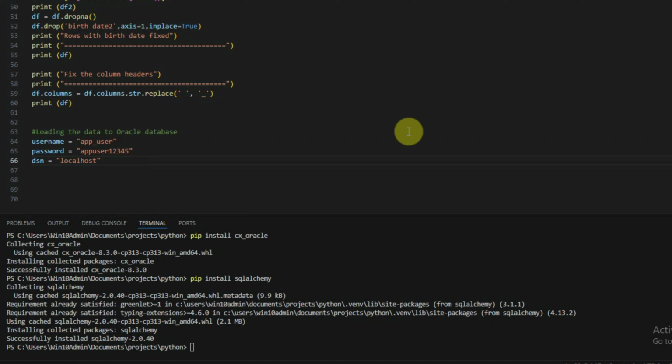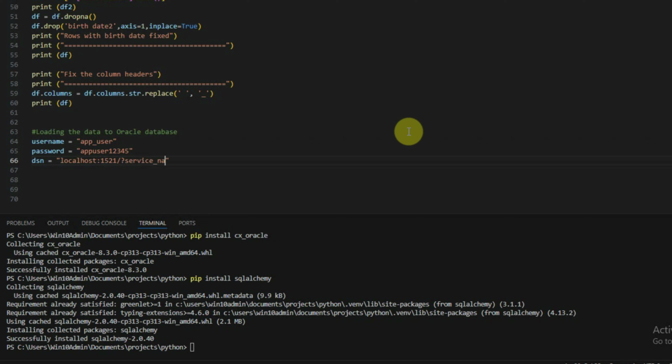In our case, it's localhost because the Oracle database is also residing in this same server or the computer. So localhost colon the port 1521 / a question mark and then